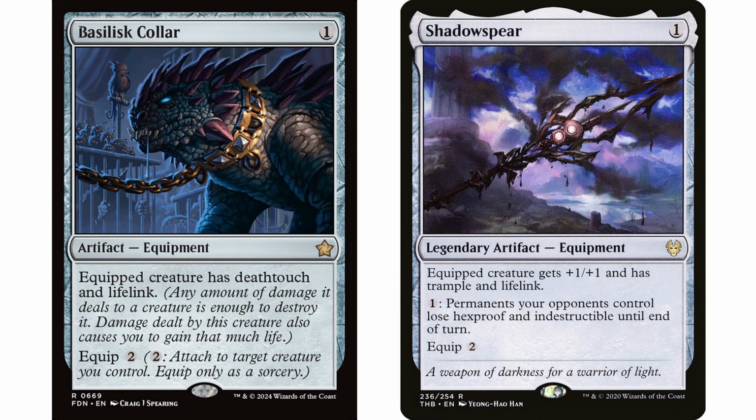Shadow Spear, almost an auto include at this point. It gives trample and lifelink and +1/+1, but to have that extra ability too, permanents your opponents control lose hexproof and indestructible until end of turn, is incredible. That's a way we can get around their pesky creatures or cards that have hexproof by allowing us to target it, make it an artifact, and then essentially steal them. We also have